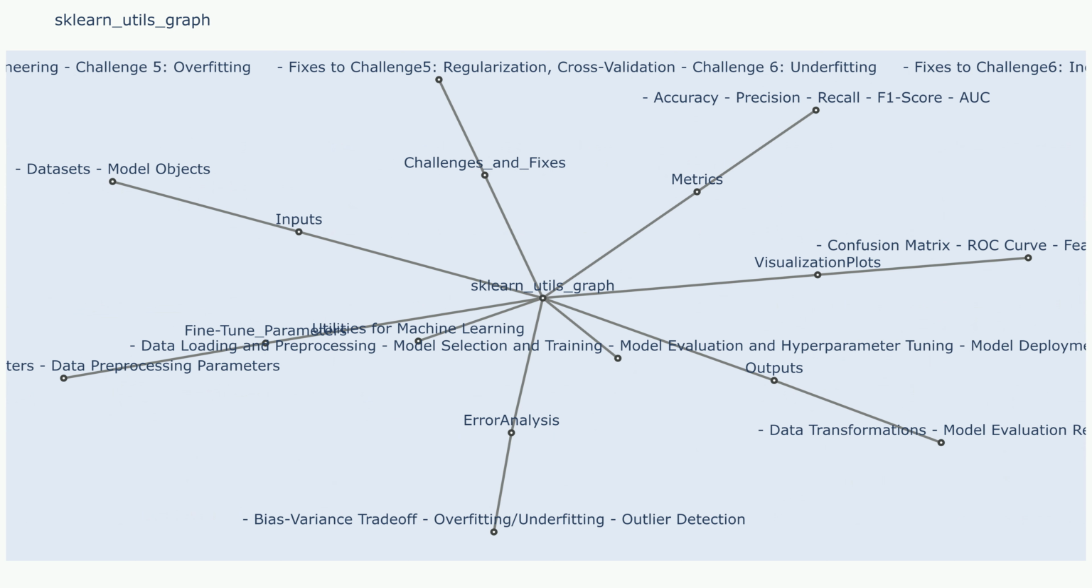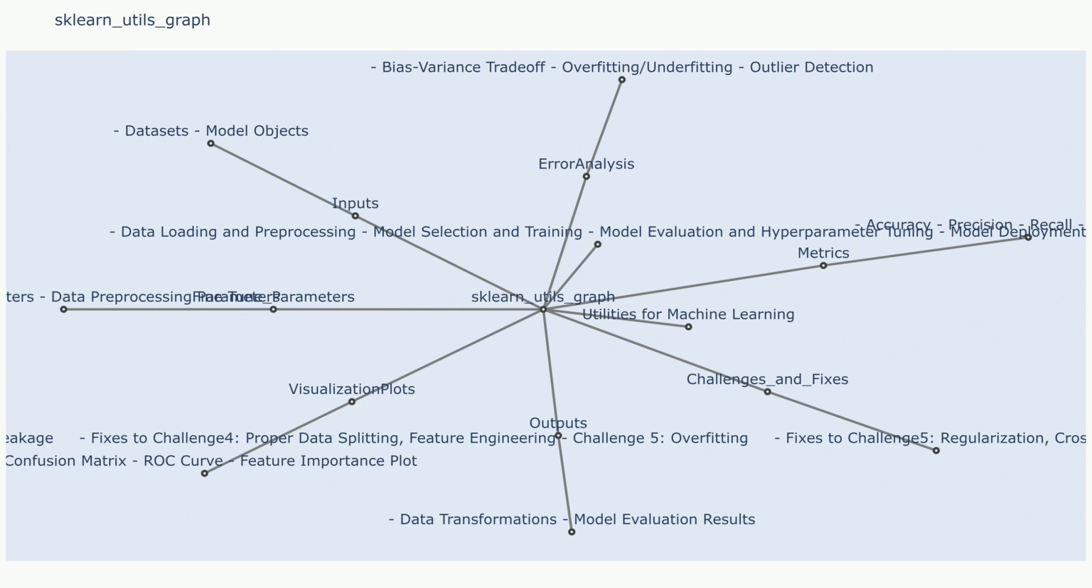Uncertainty methods: confidence intervals estimating the range of possible values for a parameter or prediction, providing a sense of the uncertainty associated with the estimate. Bootstrap resampling: generating multiple datasets by sampling with replacement from the original data to assess the variability of model predictions. Challenges and fixes: